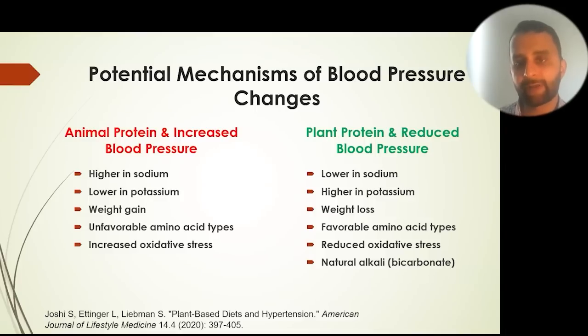For every kilogram of weight loss, there tends to be a 1-point reduction in the systolic. These foods tend to have favorable amino acid types that help with reducing blood pressure. There tends to be less inflammation and oxidative stress. And there also tends to be a natural alkali, which is thought to help with lowering blood pressure. So for all these reasons, plant-based diets are helpful in reducing blood pressure, which is both a cause and complication